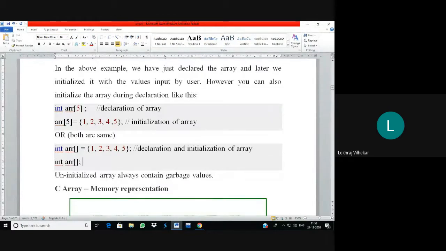Okay, this is invalid because the compiler will not be able to find how many elements are here. You have to specify the size, because memory for that number of elements will get allocated by the compiler or the operating system.